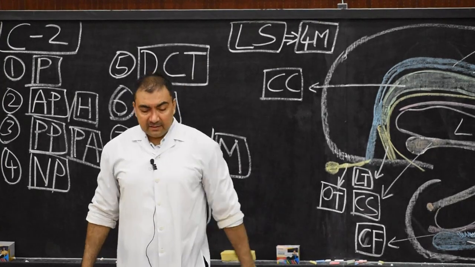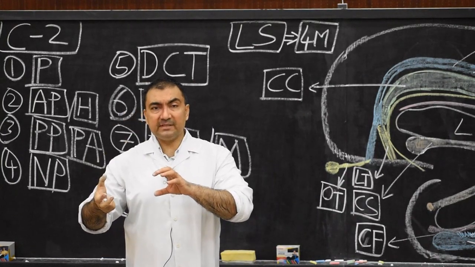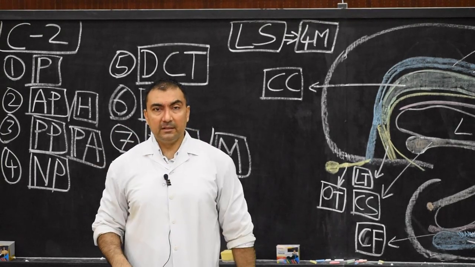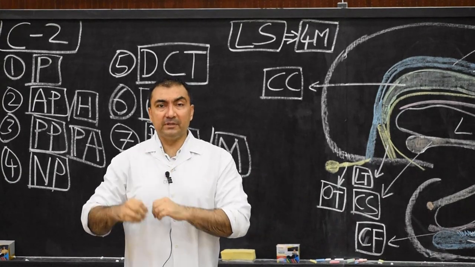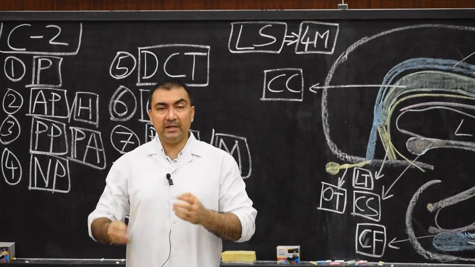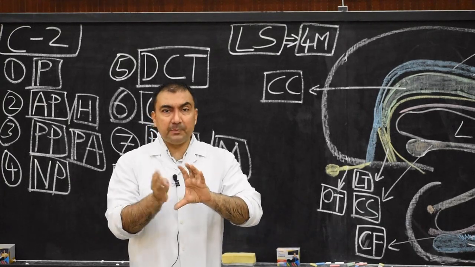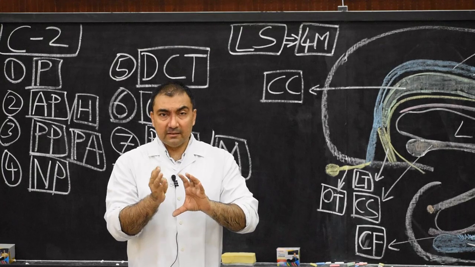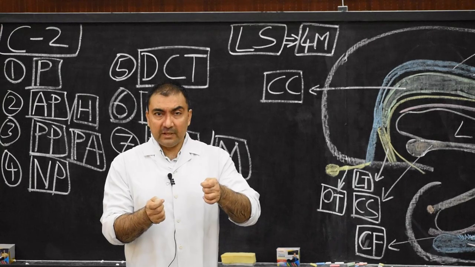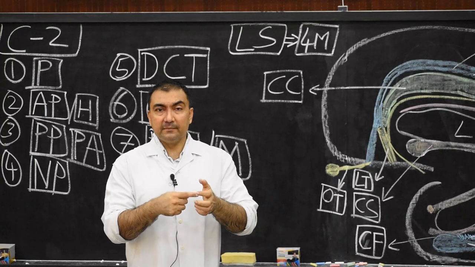As the first sulcus develops, the lateral sulcus, there will be growth of the frontal part of the cerebral cortex, the parietal part, and the temporal part of the cerebral cortex, and they become folded. These folds will be known as opercular folds or opercula. So the frontal opercula, parietal opercula, and temporal opercula will close the lateral sulcus in such a way that there will be a submerged part of the gyrus or cortex within the lateral sulcus. And that is why when we lift those opercula and go deep inside the lateral sulcus, which we have seen, there will be the presence of that area, and that area is called the insula.